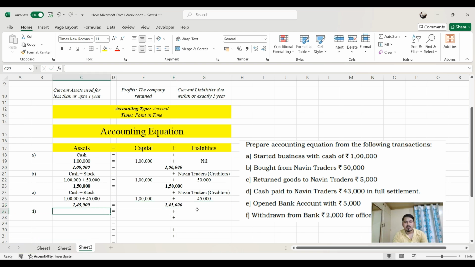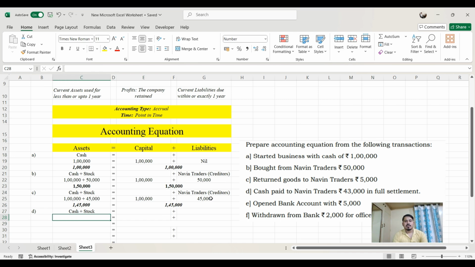Moving forward, the fourth transaction says cash paid to Navin Traders rupees 43,000 in full settlement. As you can see in the third transaction, the due amount is 45,000 and now you are making the payment to the Navin Traders of 43,000. It means the Navin Traders gave a discount of rupees 2,000 to the company, which is an income to the business. So here the equation will be cash plus stock,